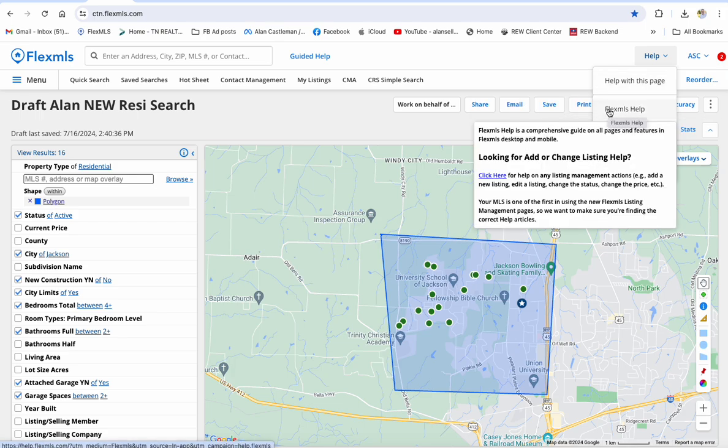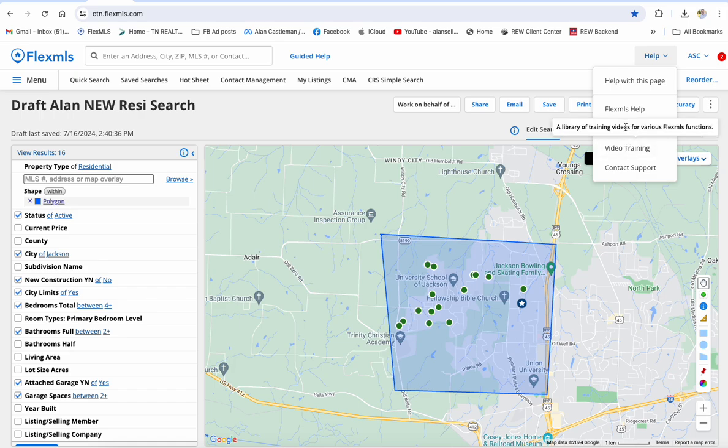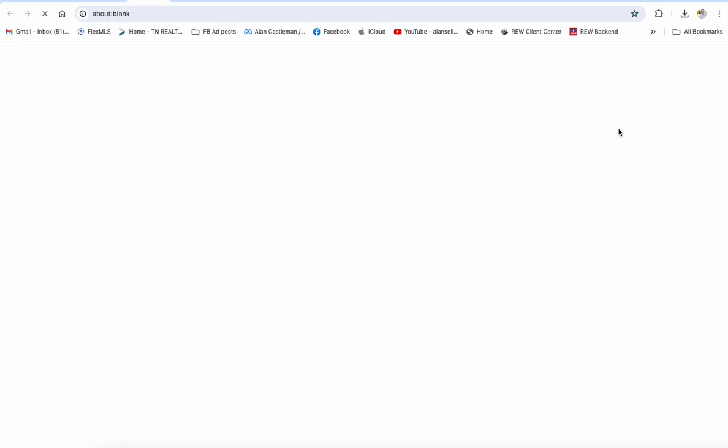Flex MLS help. Again, it is trying to give you help on adding or changing a listing. Click here to help on any listing, add a listing, edit a listing, change a status. What else? Flex Academy. This is really good. If you click on that,